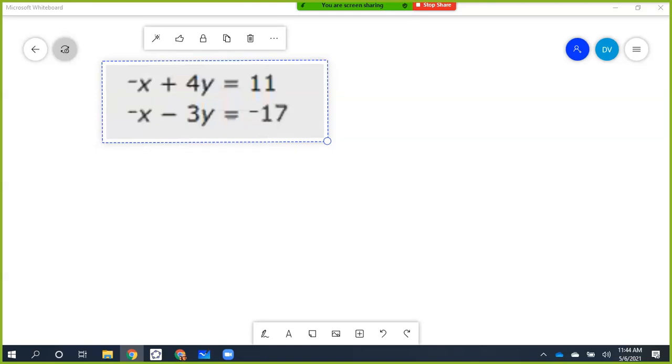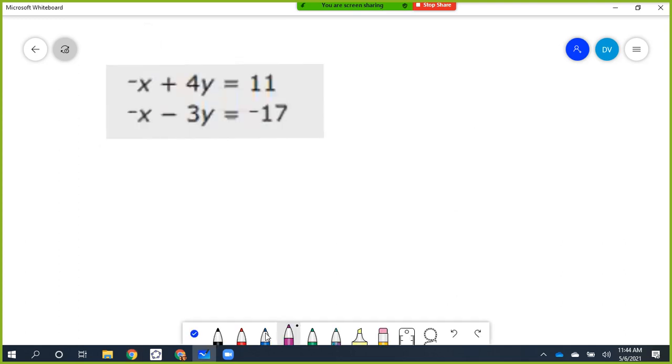Okay, so this system of equations, can you see that in the gray box, by the way? Yeah. Okay, so we're going to solve this system of equations. I want you to write it down. Like I said, if you don't have your pencil now, when you watch it later, just follow along and write